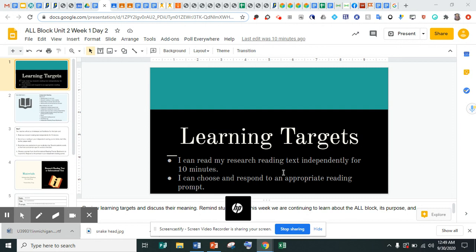I just wanted to go over the ALL Block lesson for today. What you're going to be doing today, if you notice the learning targets: I can read my research reading text independently for 10 minutes. And then it says I can choose and respond to an appropriate reading prompt. Now remember, this week we're going to continue learning about ALL Block, its purpose, and what we do during ALL